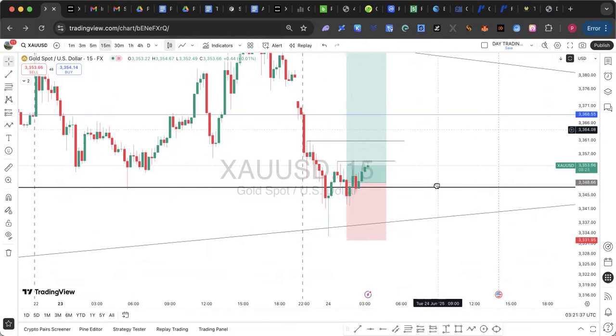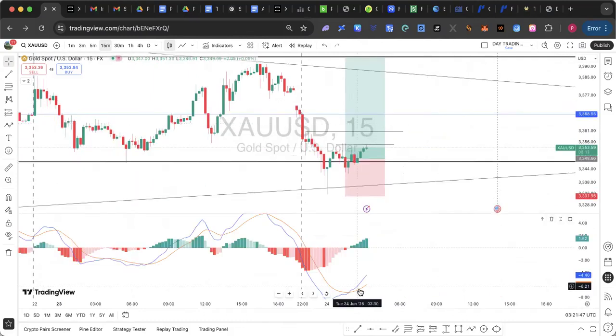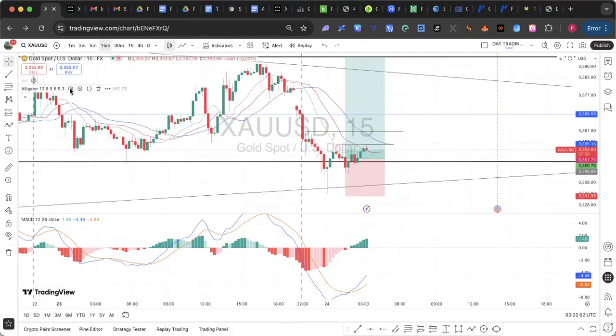Now, if I have marked all of these points, I said you can support yourself with two indicators. One is called the MACD, which is this, and the second is the 50 moving average. So I'm going to take off this one that is here, which is called the alligator. I used time to teach the alligator separately in a different video, so if you want, you can go and watch it.